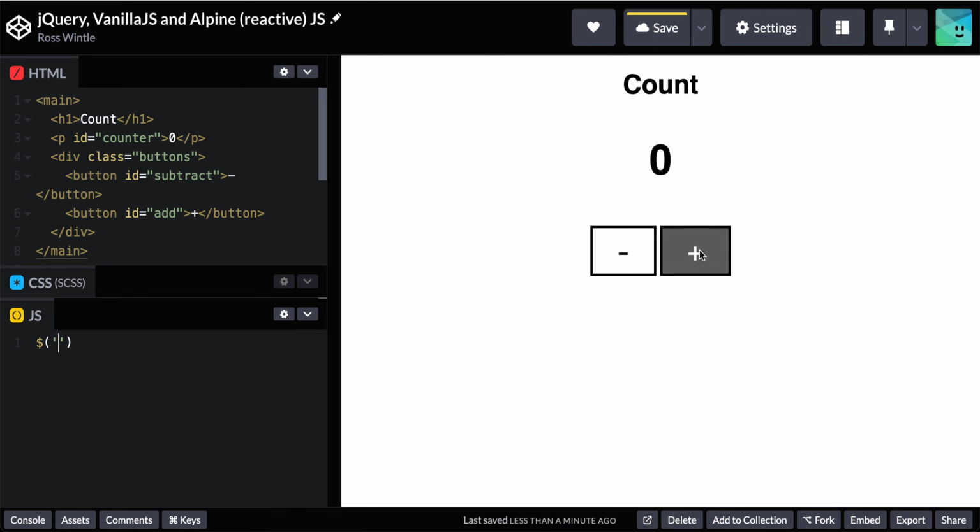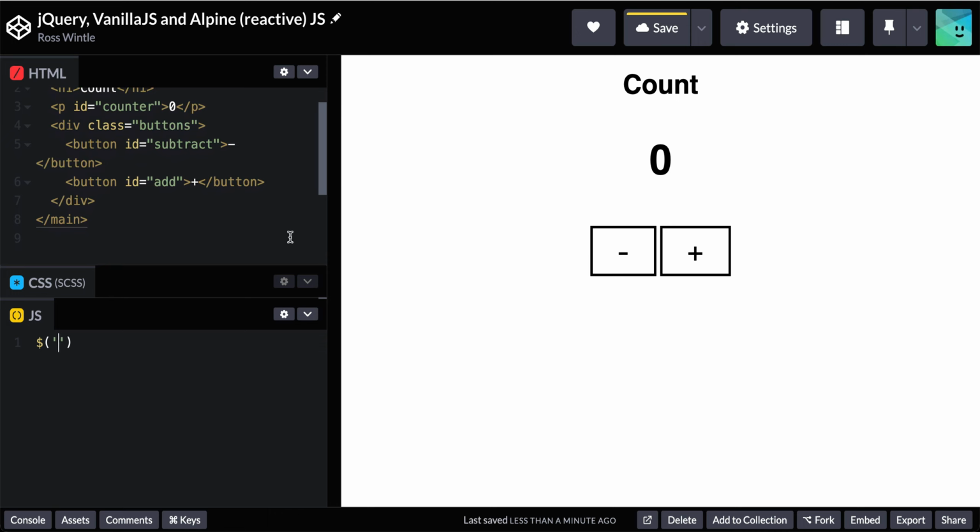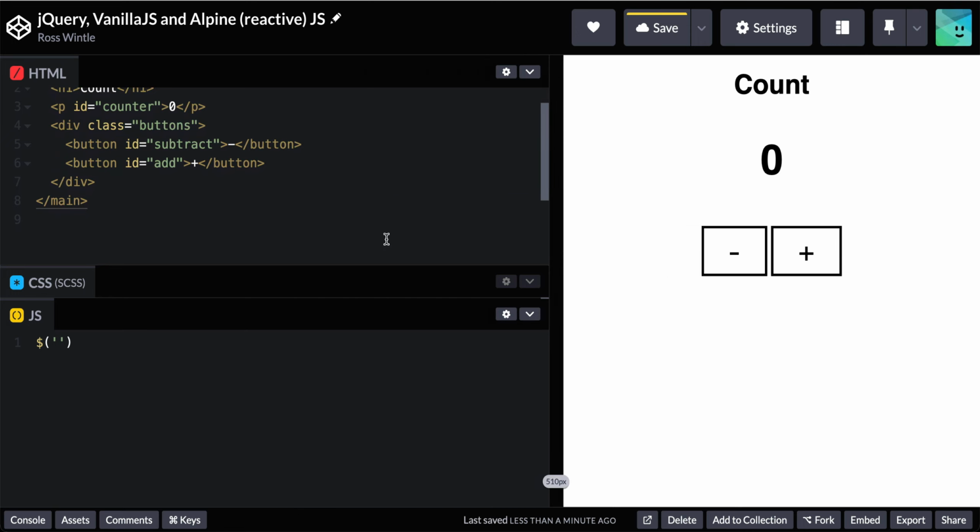and we want to, what is it we want to do? So we want to get this button, and when this button is clicked, we want to increase the count. So we want to find the add button. Let's just make this a little bit wider like this. So the add button has an ID of add, so we're going to look for #add, and then when that is clicked, do that with click, we're going to run a function